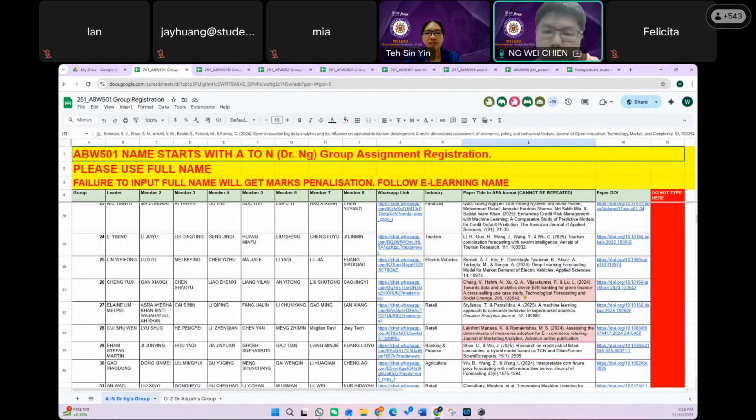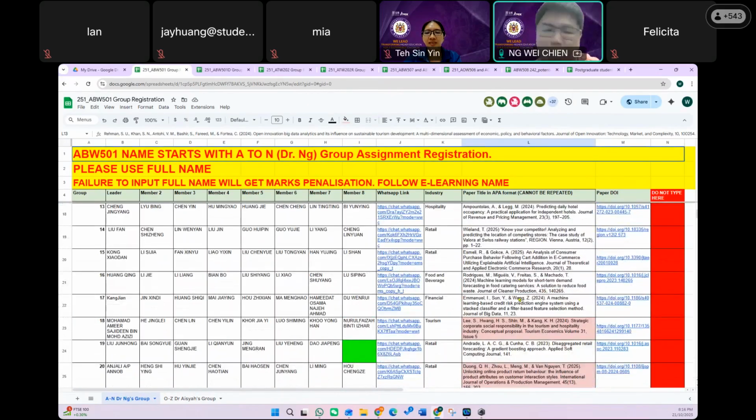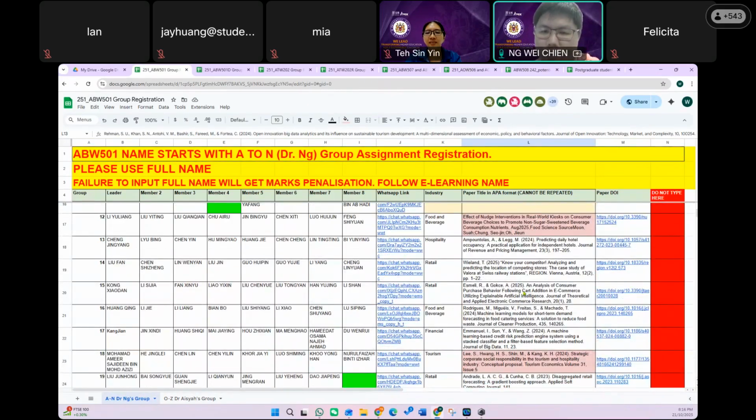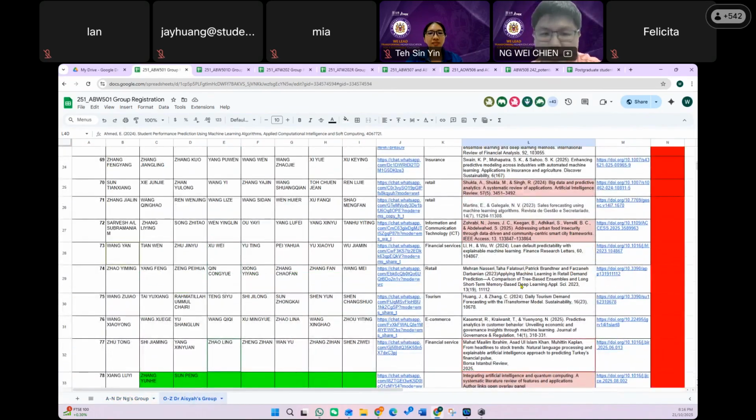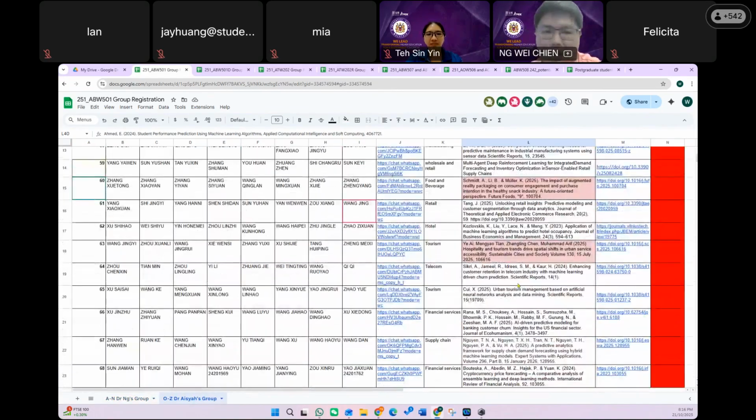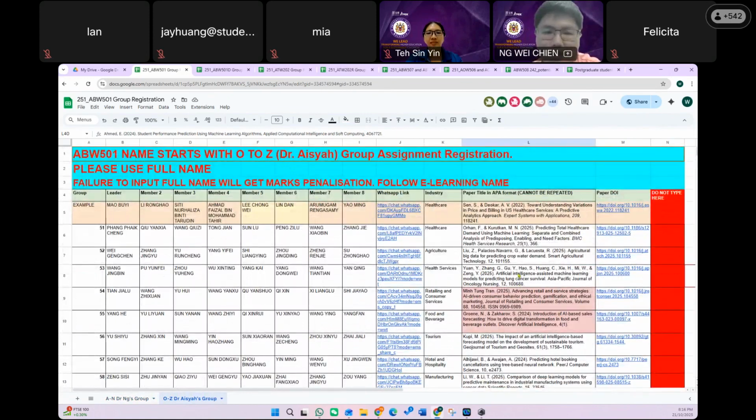Yes, there are so many accepted articles, right? So you can actually open the other groups' DOI and study why their papers are accepted and why your paper is not accepted. Because I noticed that the majority of the students are able to select the right article, which is good. I think we should be happy, right? Because last time a lot of students selected the wrong article. Yeah, it's a big improvement now. At least they choose the correct article now.